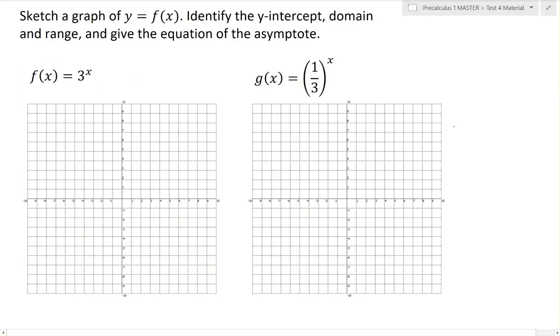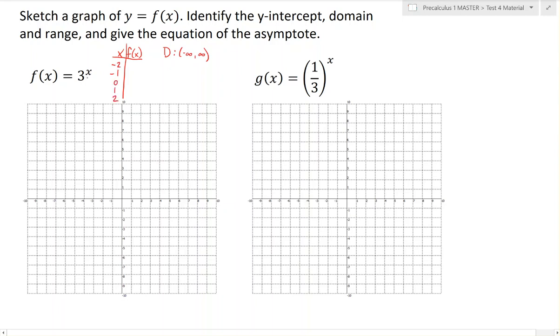Sketch a graph of y equals f of x. Identify the y-intercept, domain, and range, and give the equation of the asymptote. So our first one is f of x equals 3 to the x. And what we can do to start graphing this is to make a t-table of values. We know that the domain is going to be all real numbers, negative infinity to positive infinity. So now that we have identified that, we can pick some negative numbers, 0, and positive numbers to use as